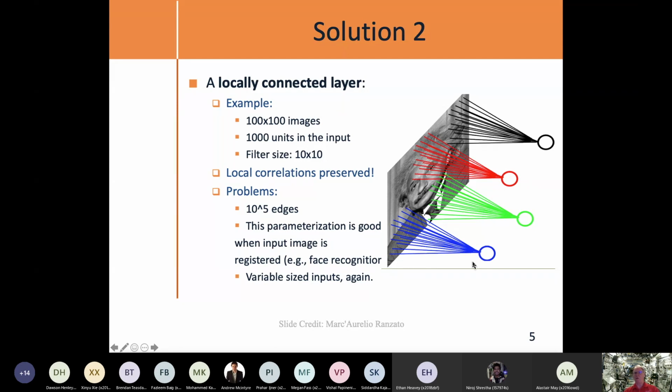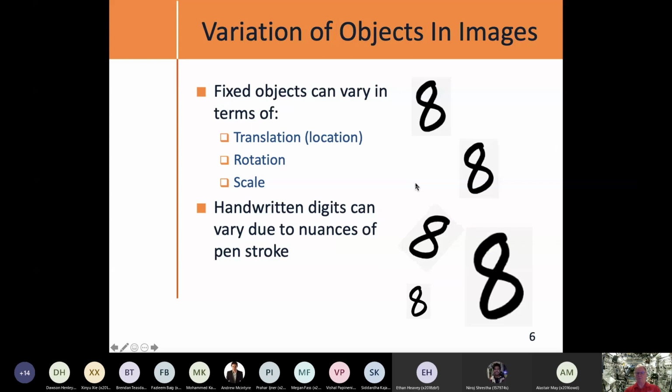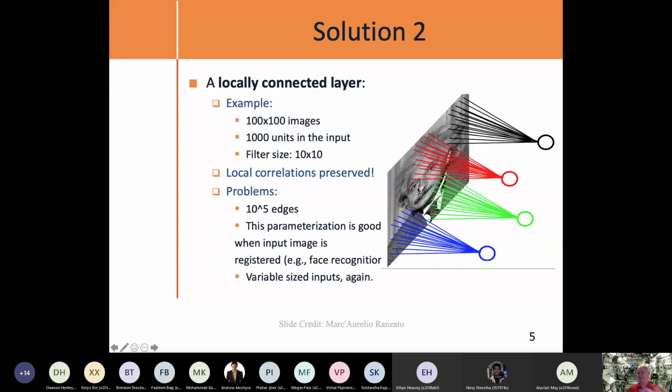It turns out it's going to do fairly well as long as the face is registered, it's called. What that means is that if we did some pre-processing of the image and placed the face, knowing that it's faces, and we want to identify whether it's Einstein or someone else, then as long as we place the face such that the eyes and the nose and the mouth were roughly in the same place every time, a network like this wouldn't do too badly. But if the face is somewhere up in the corner or down in the bottom left, then it's not going to do very well. The face would have to be registered so that the location of features of the face are in the same place.